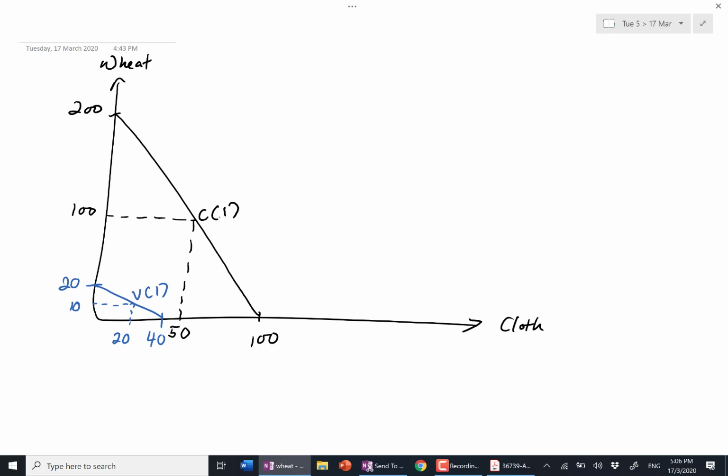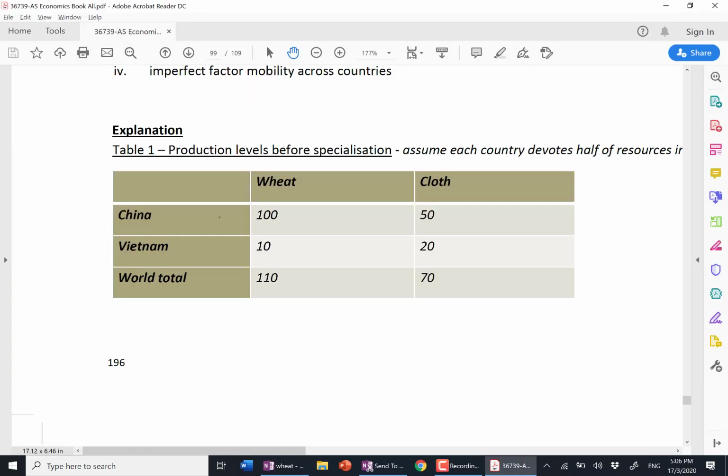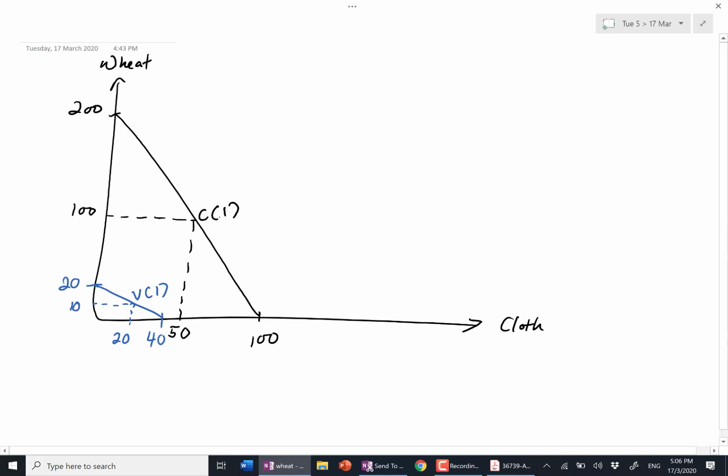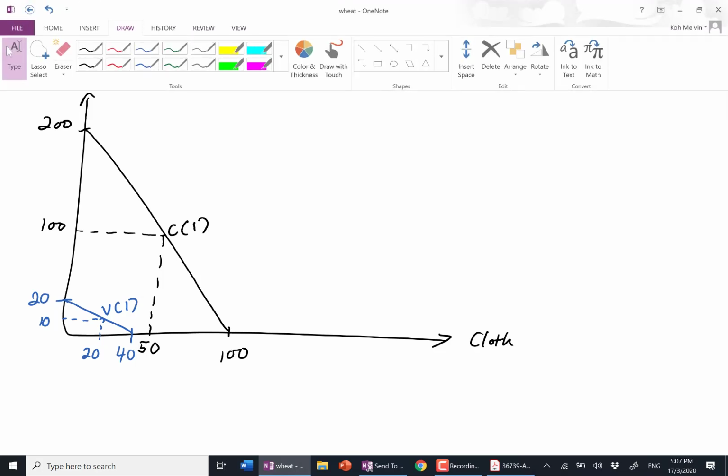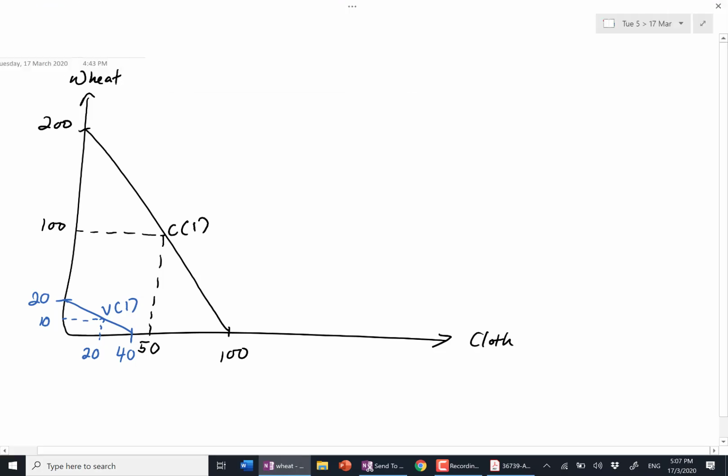Okay. Are you okay? Vietnam is having 10 wheat, 20 cloth. China is having 100 wheat, 50 cloth. Any questions? Okay. Alright. So based on these numbers, you're going to add in the same explanations, alright? So you're going to explain